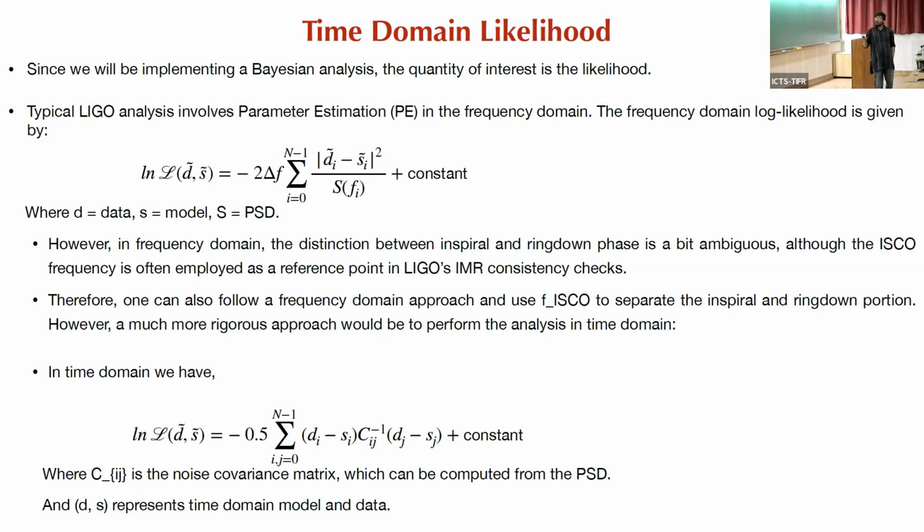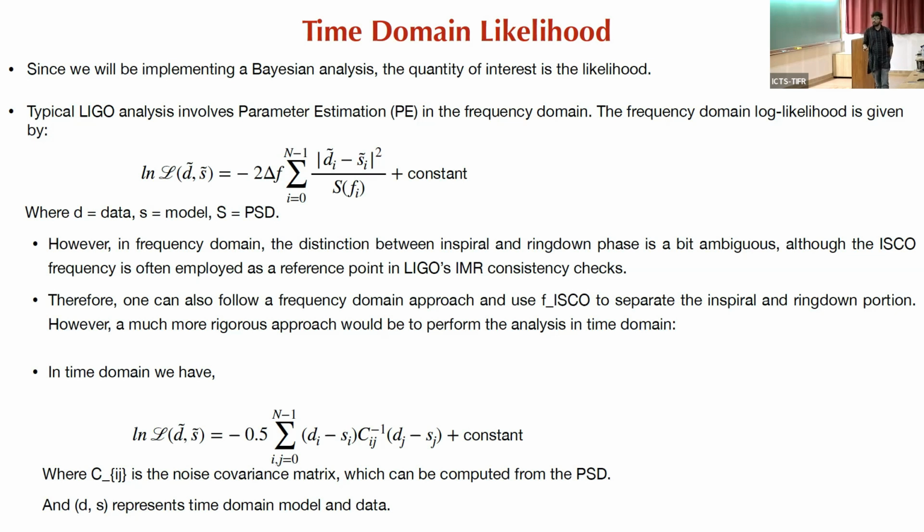I mean, you can do it. Typical LIGO analysis, in the context of IMR consistency checks, cut the signal in frequency domain at the f_ISCO, where the ISCO frequency is the frequency of a particle in the innermost stable circular orbit. And that is a very good estimate of where the inspiral phase will end. So you can do it in frequency domain as well, but a more rigorous approach would be to split the